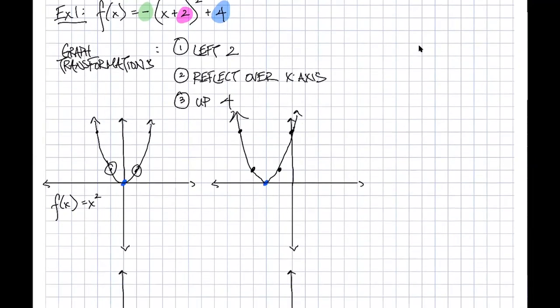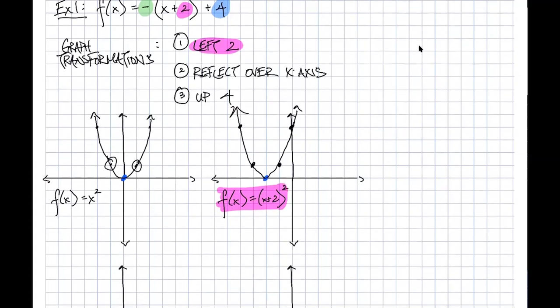Yeah, f of x equals x plus 2 squared. Good. So f of x equals x plus 2 squared is just moving everything to the left 2, okay? So we've taken care of this part in this graph, okay? So now let's go to the next one. The next one says,